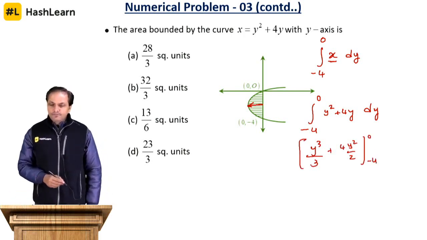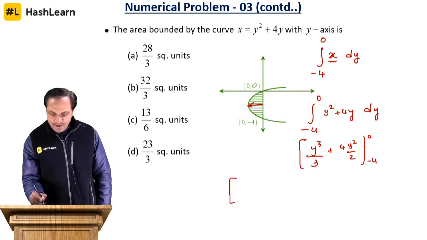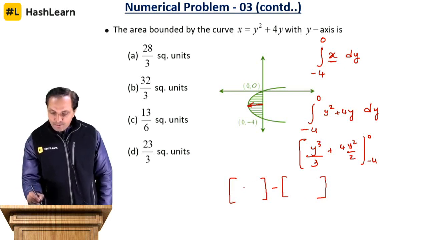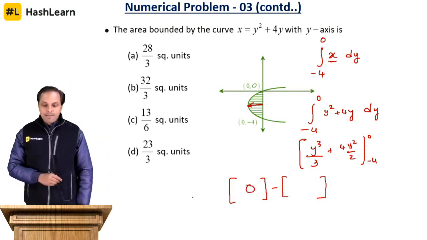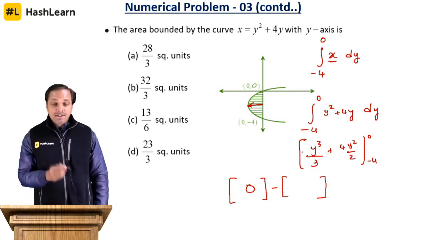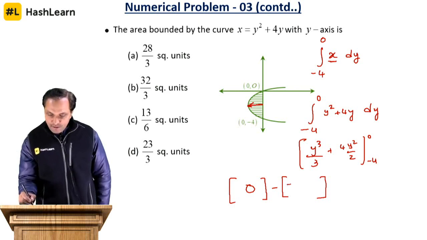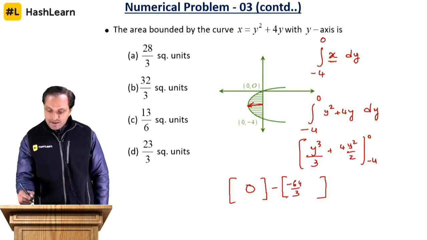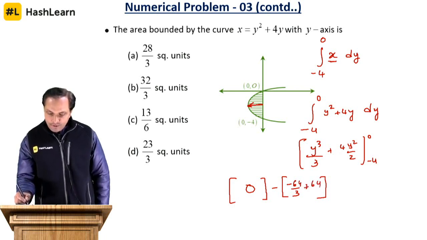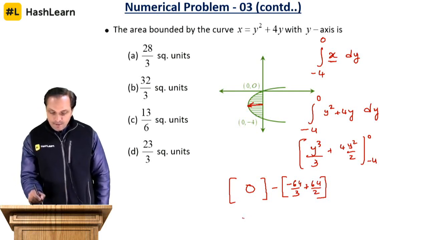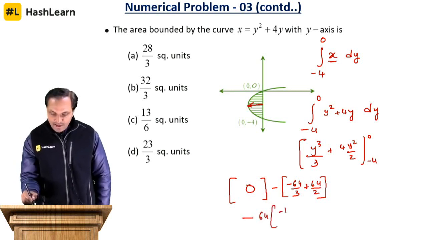That is the integration of it. Just put upper limit minus lower limit. This is the space for putting the upper limit, and here is the space for putting the lower limit. When you put the upper limit, that part will give you 0, minus the lower limit, which is minus 4. When you put minus 4, 4 4s are 16, 16 4s are 64. You will have minus 64 by 3. When you put again 4 square 16 plus 4 is 64 by 2 you will have. Okay, so once you take this, simplify, 1 by 64 you take outside, you will have minus 1 by 3